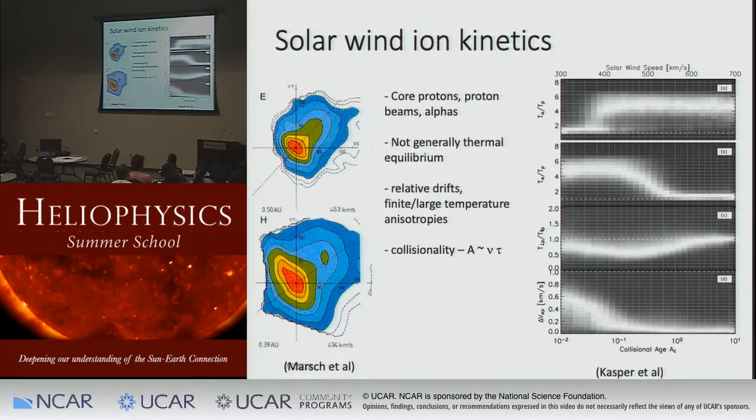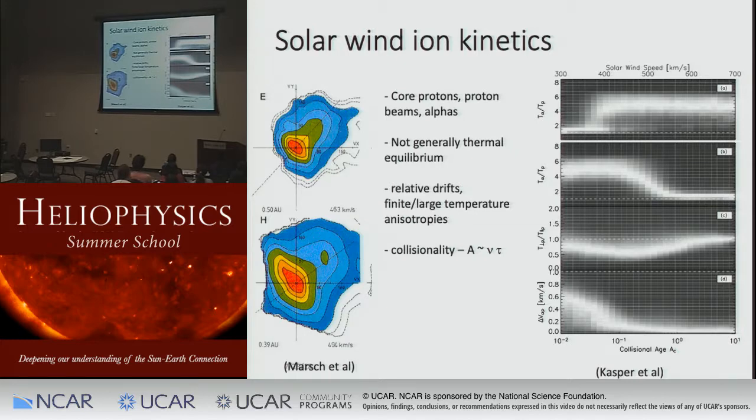And the expansion time is just the amount of time it takes that chunk of plasma to go from the sun to 1 AU. So it's just 1 AU divided by the speed of the solar wind. Okay, so there's some constants out front here, but that's basically the parameter. And if you use that as a measure instead of just the wind speed alone,